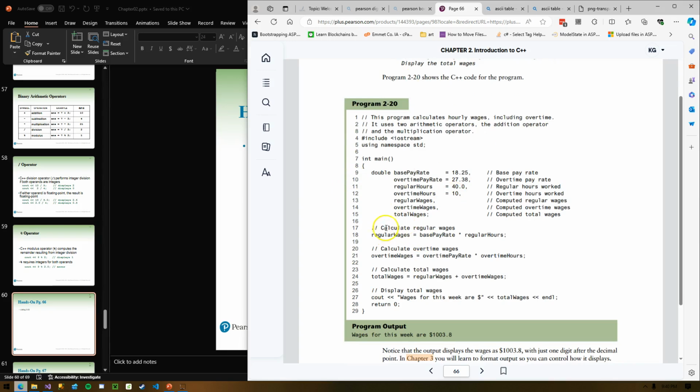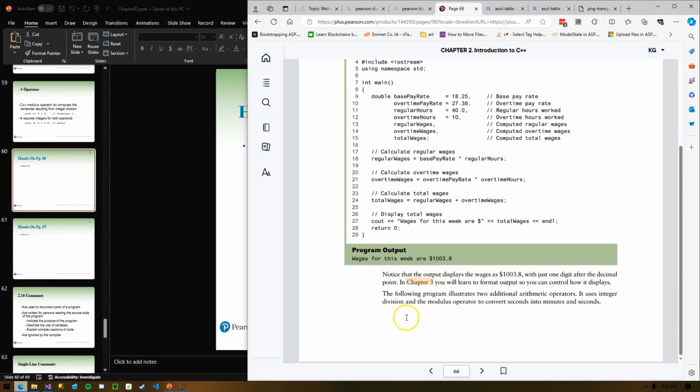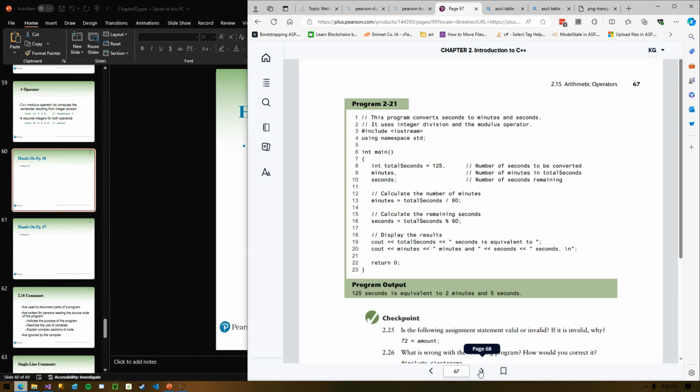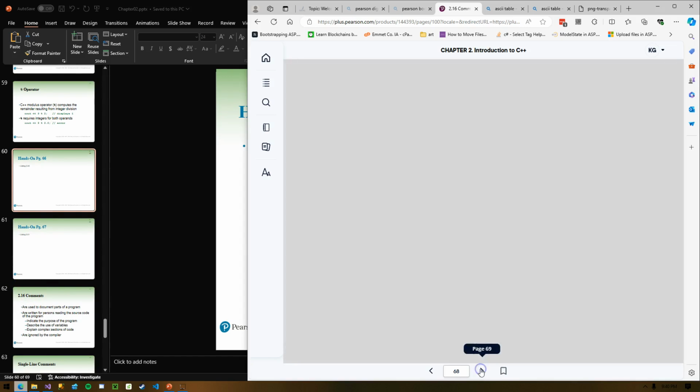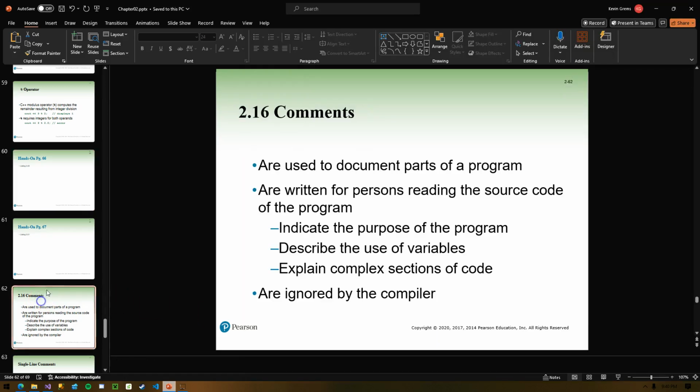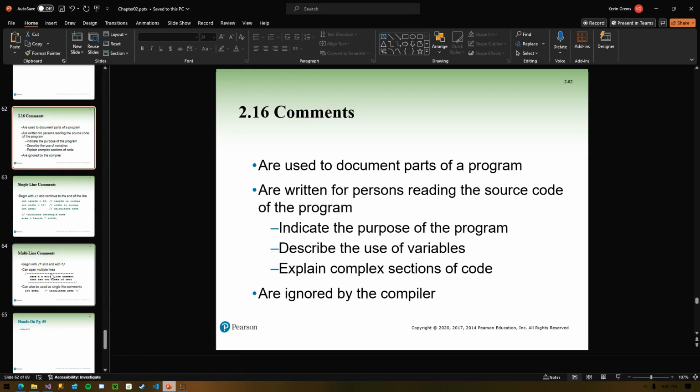Here's a bunch of math. If you'd like, you can work through this on your own, but basically it is exactly what we just talked about as far as the computations. Same kind of thing here. I've always kind of skimmed over the math parts of different programming courses that I've taught. Hopefully it's pretty self-explanatory.